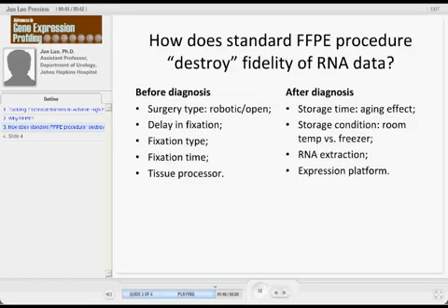The fixation type, the fixation time and tissue processing are all in the pathology area. We try to control them, but still it's very difficult. You have to convince people that even to standardize the tissue processor, you have to take into consideration the economics, how much it costs to replace the tissue processor, etc. So we try to work on one variable at a time,